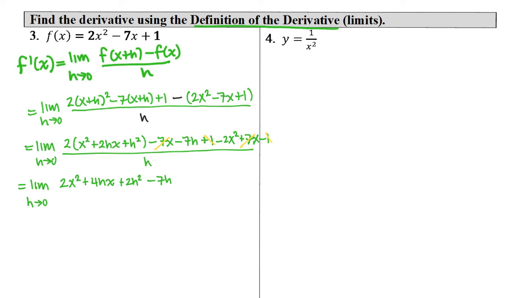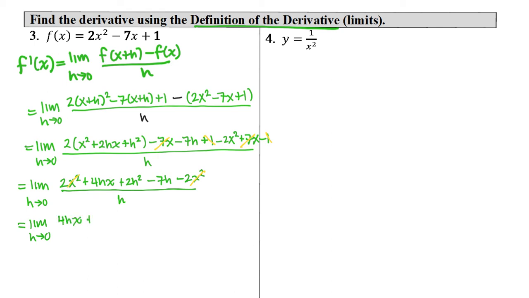Okay, so I cancel minus 7h minus 2x squared. Okay, this entire thing is over h because I have not plugged anything in yet. Okay, now this is looking a little bit better. Okay, the 2x squared minus 2x squareds cancel out now. So I am left with